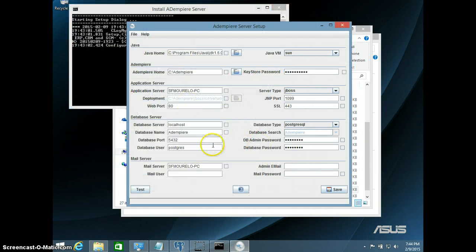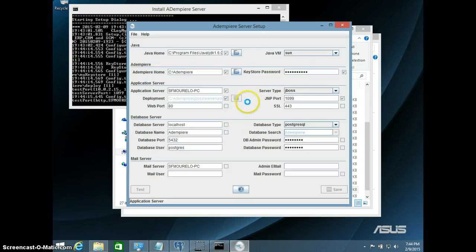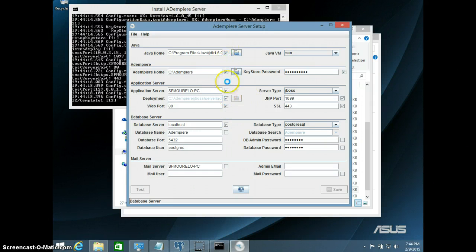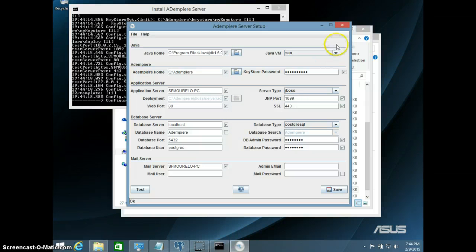Right after this, we're just gonna test it to see if there are any errors. Here we're gonna see all these check marks in the boxes. All this means that this is right. If you don't have one of these checks in the boxes, then there is something wrong and you'll have to restart the installation. Once we've done this, we save,